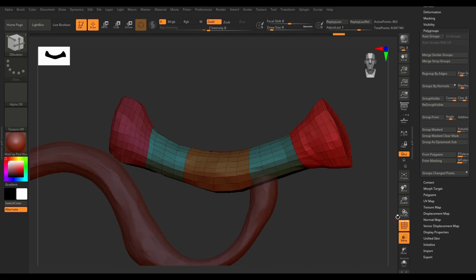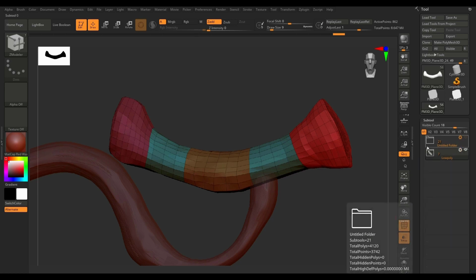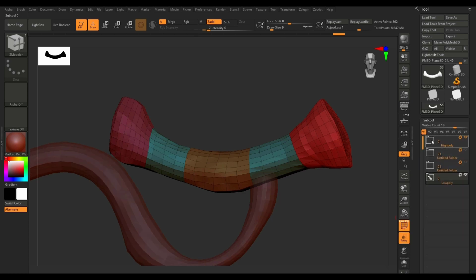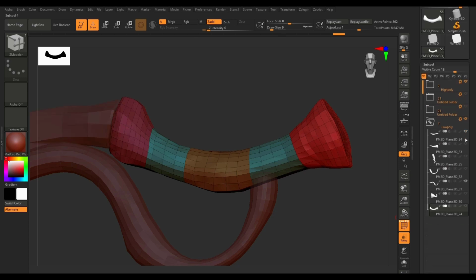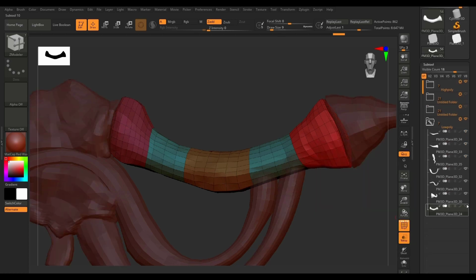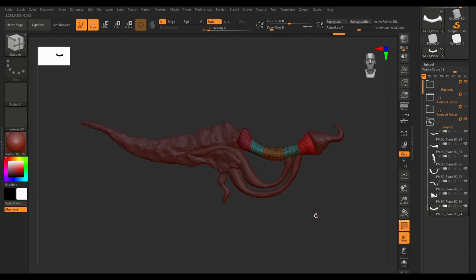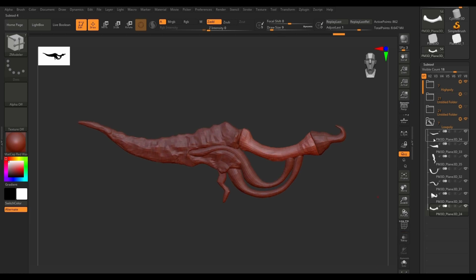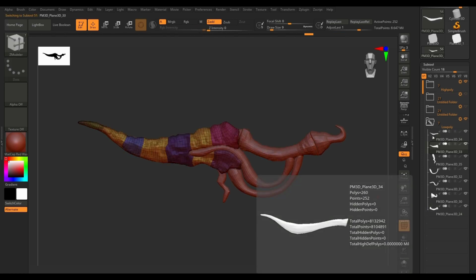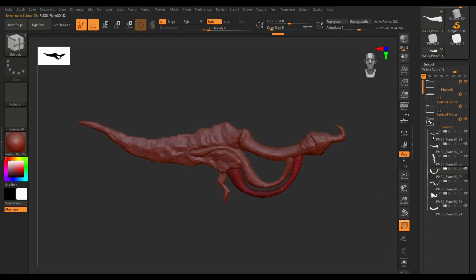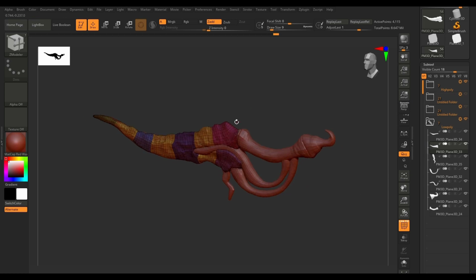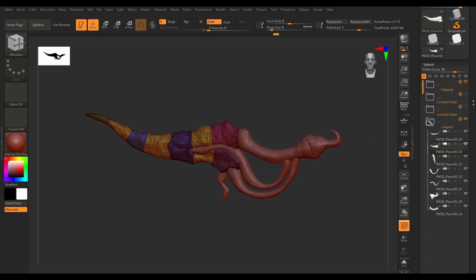All right, quit the solo, and let's see what we have up here. Visible, yeah. Now, if I make all of the low poly mesh invisible, as you can see, we have the polygroups for the UV islands. So that means we can actually cut and make the UV for our mesh, but